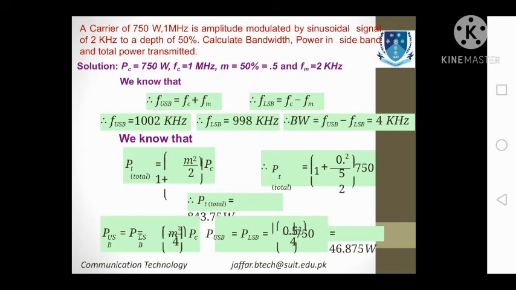So this next example is much more of interest, because it has already provided the values of the power consumption of the carrier and the frequency of the carrier, and it has asked us to find the bandwidth and powers in the sidebands and the total power transmitted. You see that these are the same formulas which are repeating again and again in different formats. So I leave this example to you.